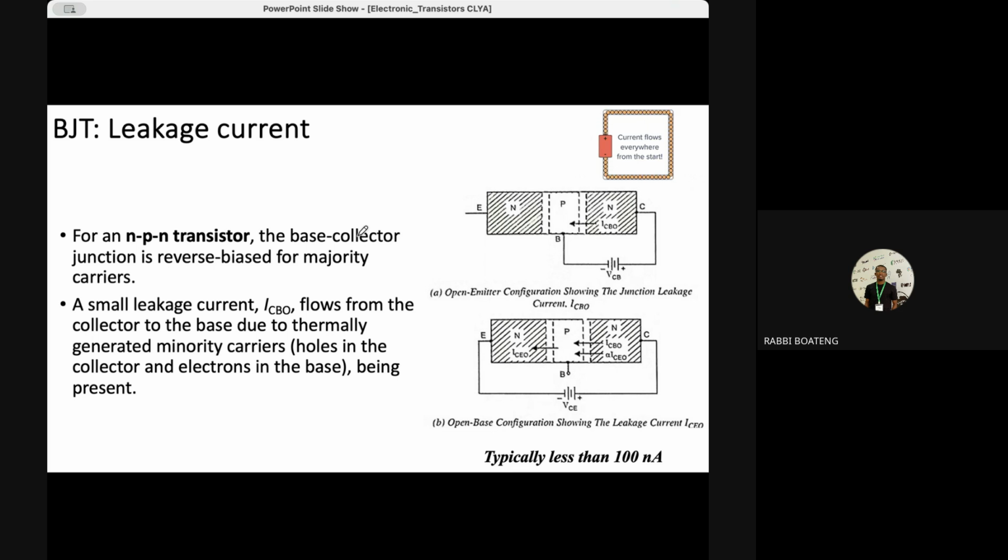A typical example: if we have an NPN transistor and we connect our potential difference to it, we are expecting electrons to move. But generally, we have some minority carriers that may move in the inverse direction, and here those are going to be our holes. This can actually influence